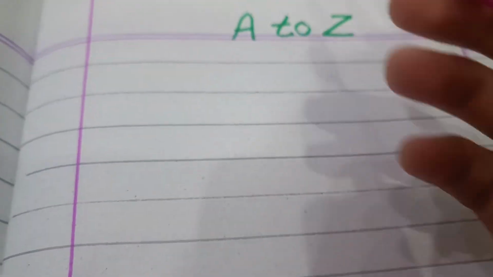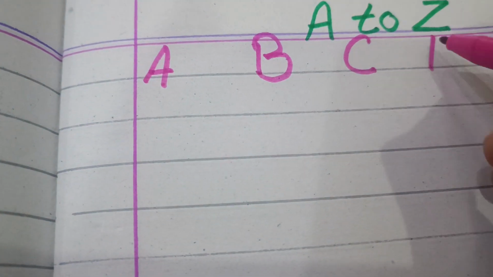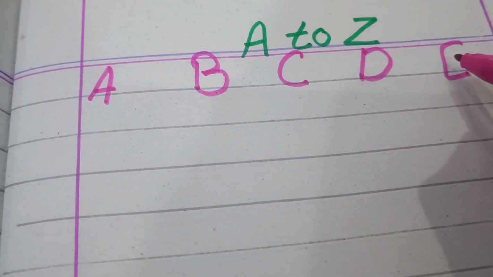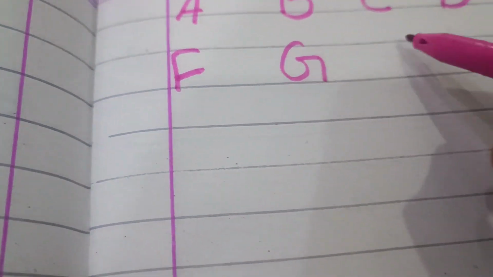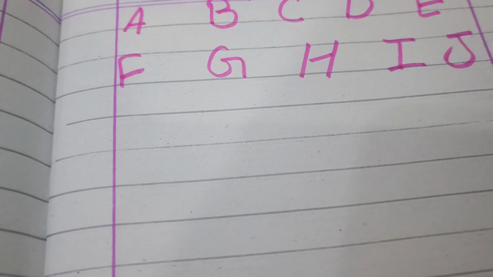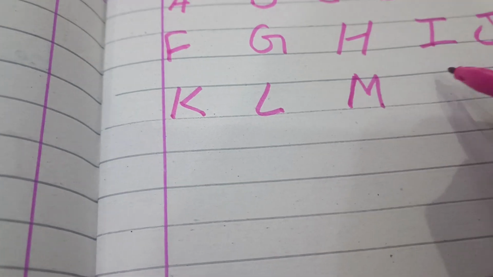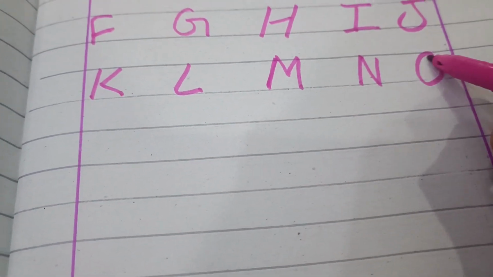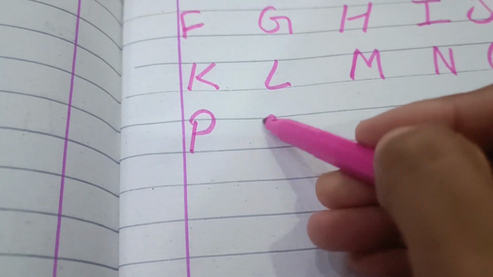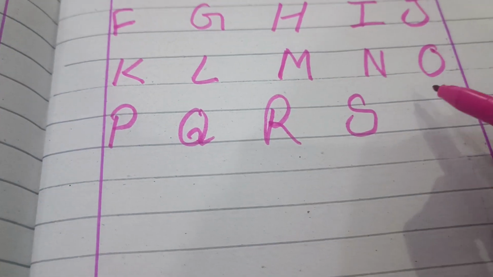चलिए अब हम लिखना स्टार्ट करते हैं पिंक कलर से। A, this is a A, this is a B, this is a C and this is a D। ये है E, ठीक है। ये है F, G, H, I और J, K, L, M, N, O, P, this is a Q, this is a R, S, T,